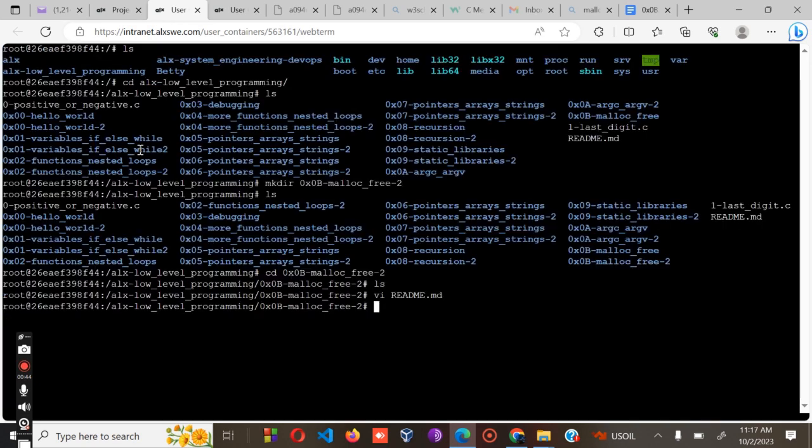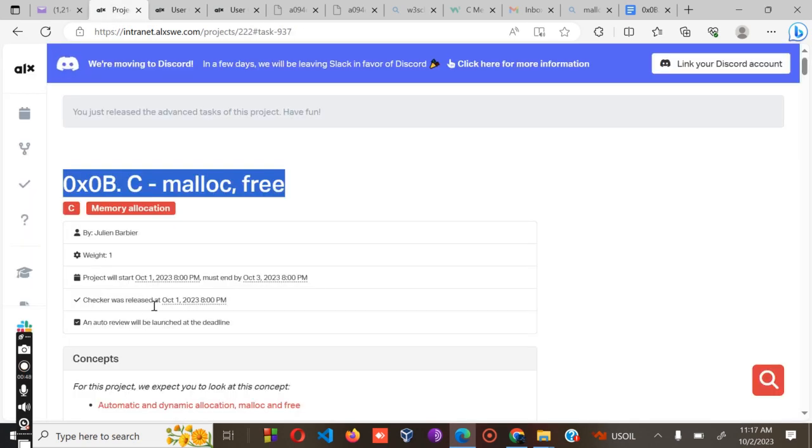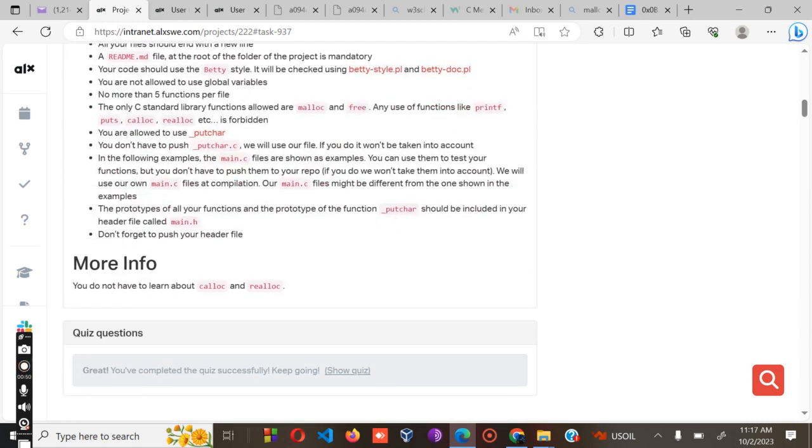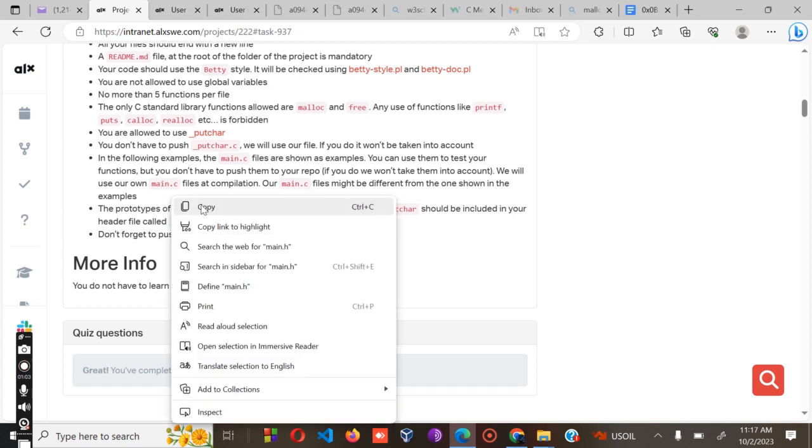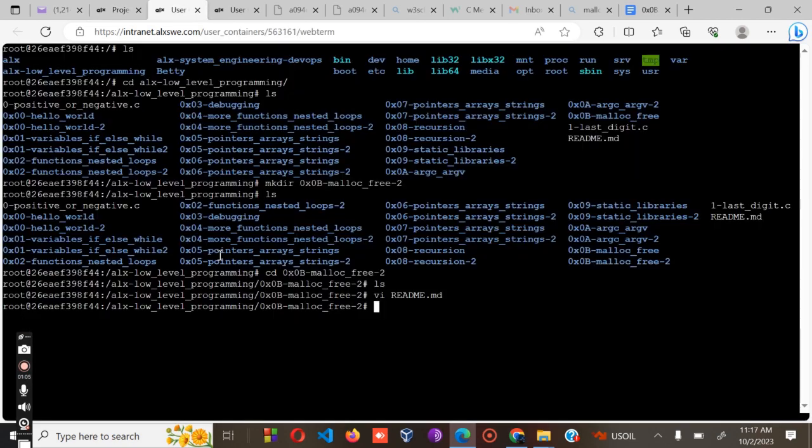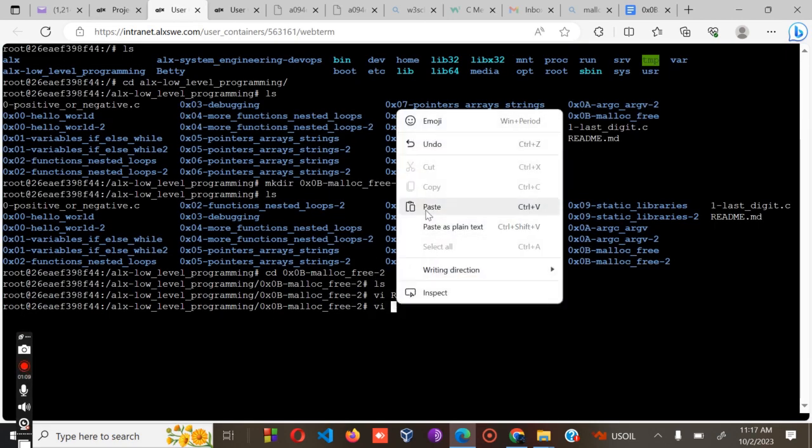Okay, let's move to the next part. If you look at the second last requirement, the prototype of all your functions and the prototype function of the chart should be included in your header file called main.h. So what I'm supposed to do, I will copy this one, then I paste, vi, paste,